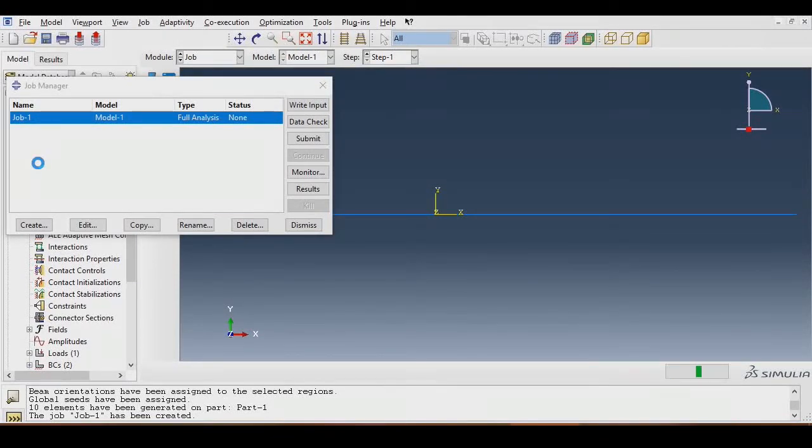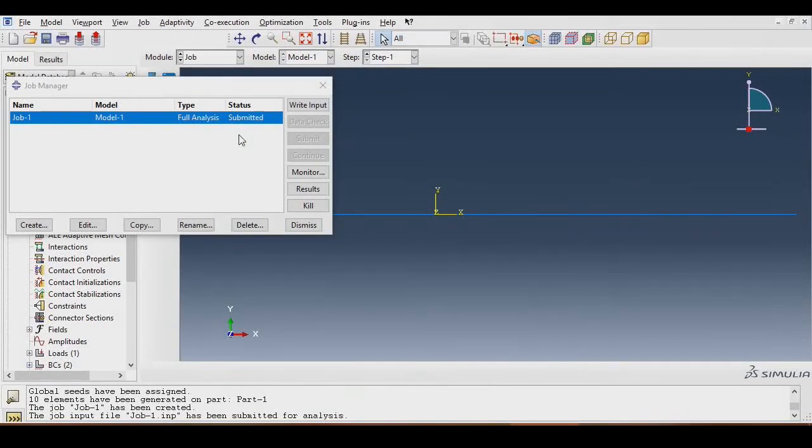Now Abaqus starts running the analysis. It is going to input your job file. It is going to input your instance and carry out the analysis. So you wait for the completion of the analysis.